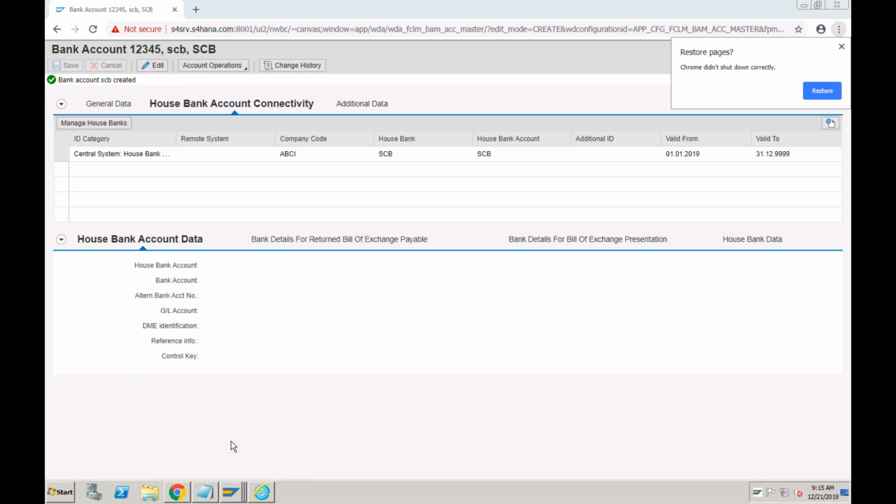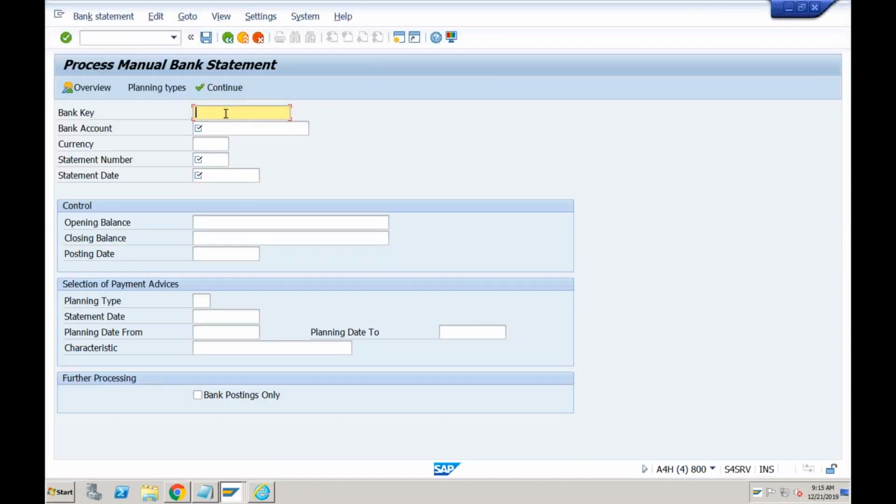So if I go to process manual bank statement, bank key is SCB and bank account is 12345. This is the bank account we just created. Currency is INR and we are getting statement number 1. Statement date is today's date, which is 21/12/2019. Opening balance was 0.